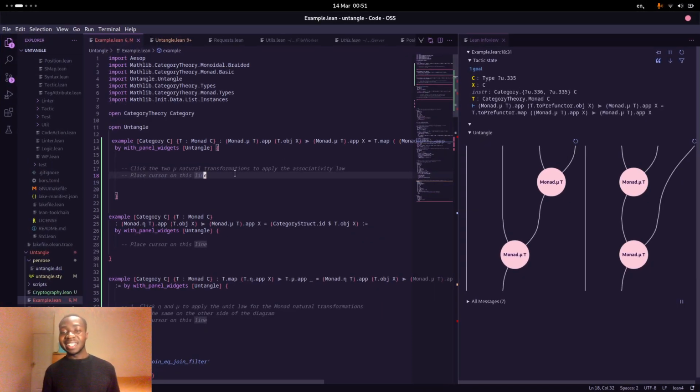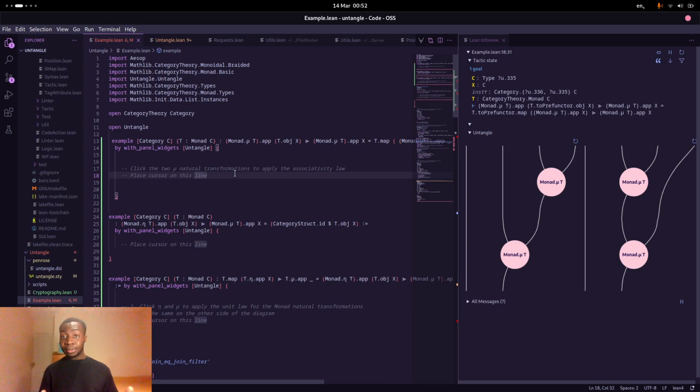So I've written an extension for Lean4 that renders morphisms inside a category as string diagrams, which you can then use to rewrite these morphisms and manipulate the expressions to prove equalities between them. The extension begins by checking the proof state, and if you're trying to prove an equality between two morphisms, then